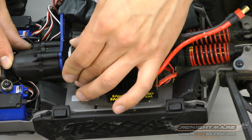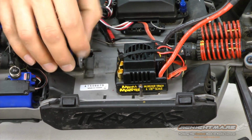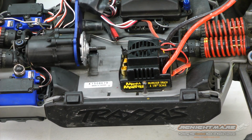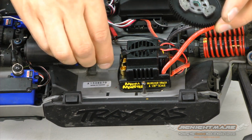Again, maybe a little spot of glue will help you here, but if you can do without, you'd be better off later when you're trying to take it apart. So I got my back plate on, it's locked on, I can spin it and the truck moves, so I know that's good. Now we're going to grab our new assembly we prepared before, our plate, put the plate on,